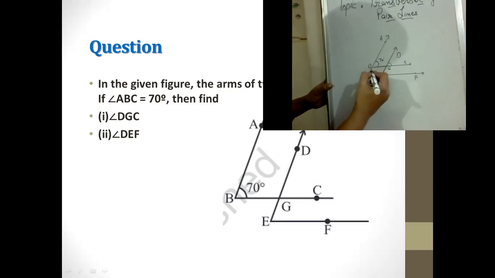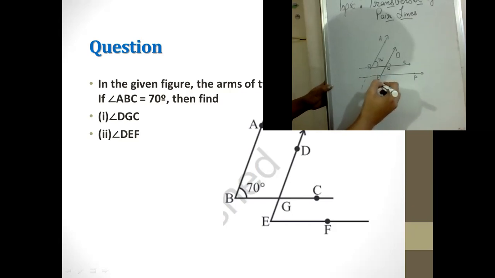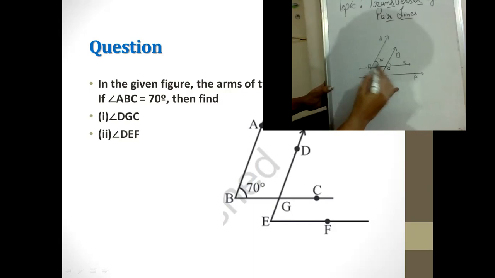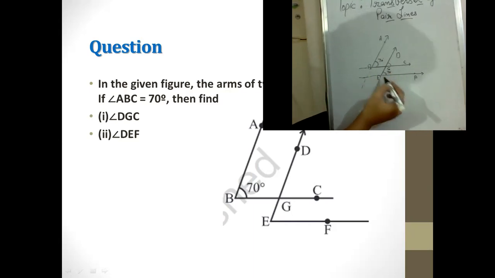First of all, we will be extending this because we are not sure from this diagram alone where these transversal lines are going. Now you can easily see that these two lines are cutting each other, isn't it? Isn't it quite easy now to understand? First of all, we would be looking at this angle is equal to this one, so it would be 70 degrees by which property? Alternate interior angles. Okay.